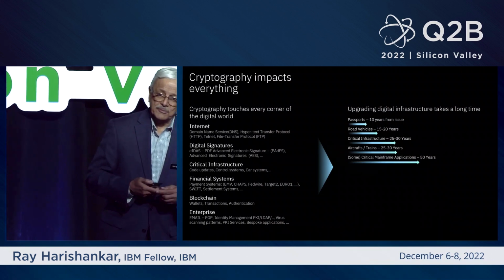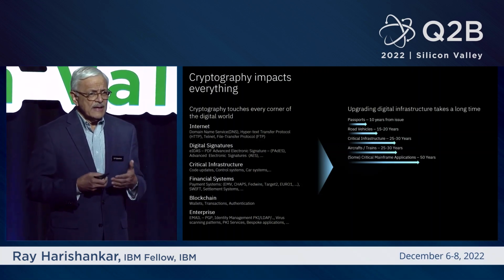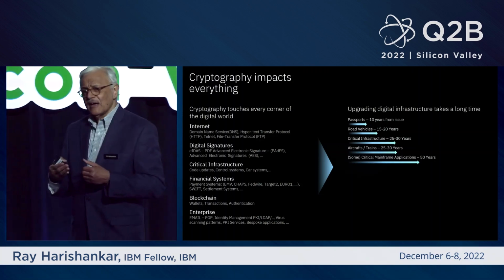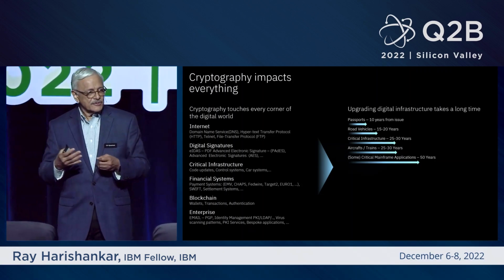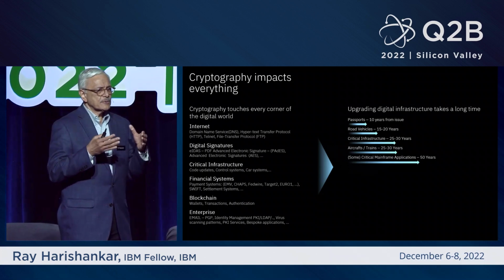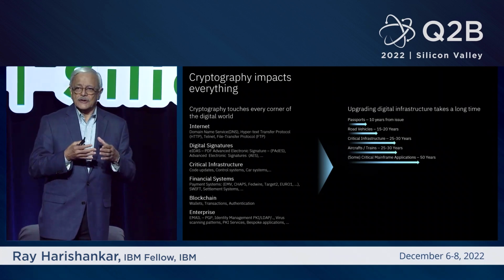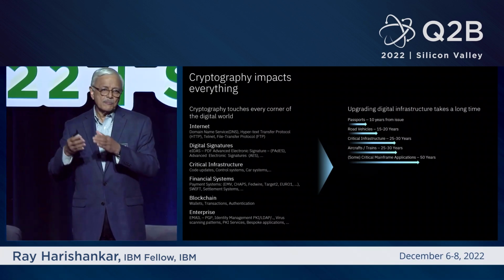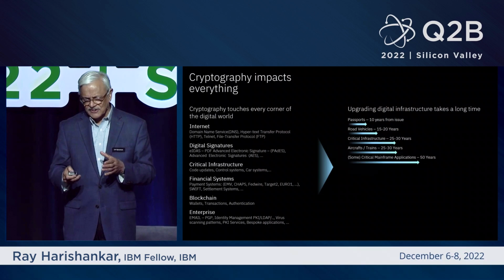Why does it take that much time? Because many of them don't even know exactly what exists today. And then you've got to think about the budget, and then the work that needs to go on, and testing of it, and so on. So 5 to 7 years is a reasonable time you can expect any enterprise to spend to address this challenge of broken crypto that needs to be remediated. Right? That's data point number one.